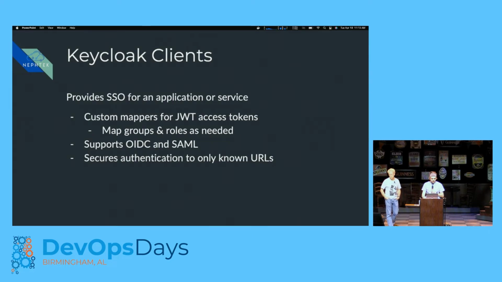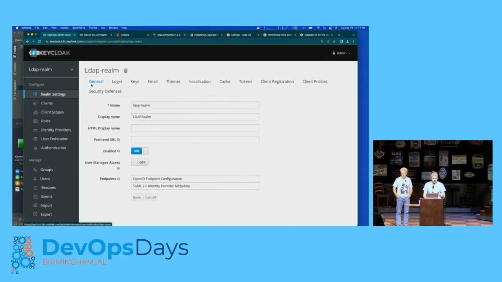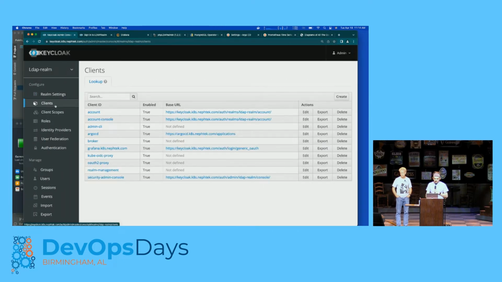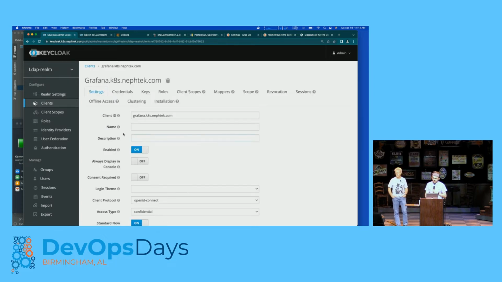So outside of realms, we have the concept of clients. A client provides a single sign-on for an application or service, and it allows for custom mappers for JWT tokens, and it maps groups and roles as needed. They also support OIDC and SAML, and they secure authentication to only known URLs. So within our Keycloak, we're going to go look at clients, and we've got quite a few clients set up here. But for the sake of this demonstration, we're going to take a look at Grafana,